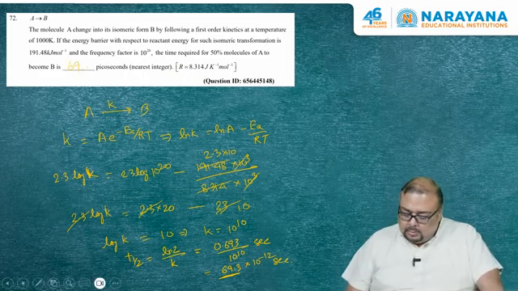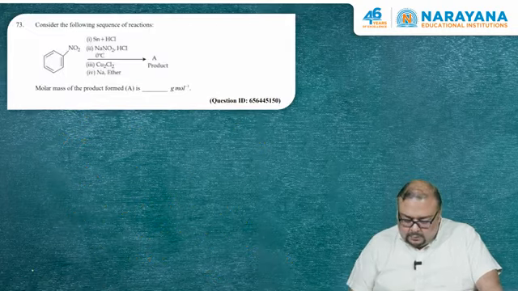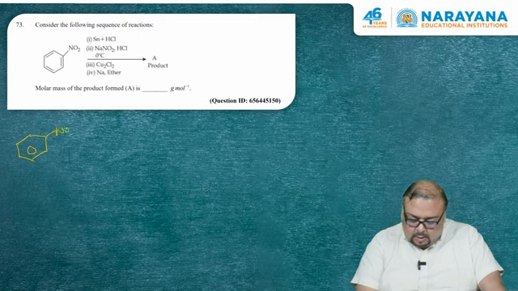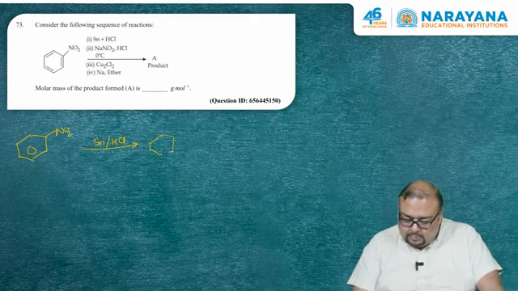Okay, this is question number 72. Next is question number 73. Okay, now this is an organic chemistry question. So consider the following reaction sequence. So I am just writing the reactant. Now NO2 on treatment with Sn/HCl, this will give NH2,